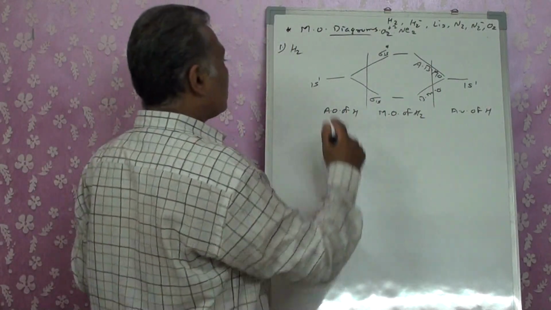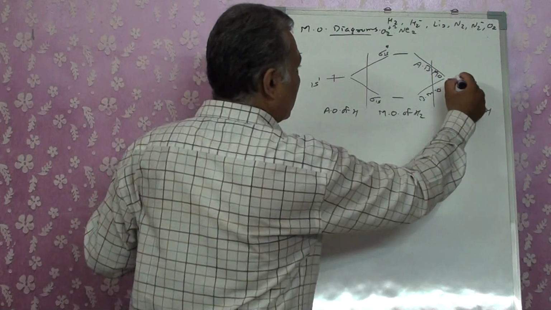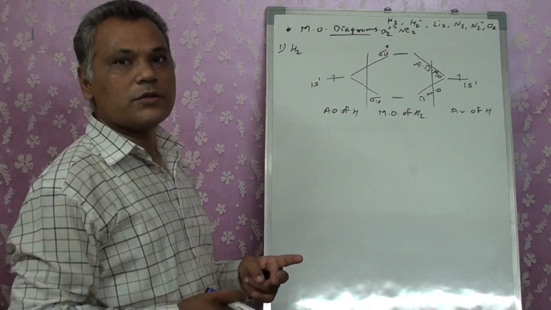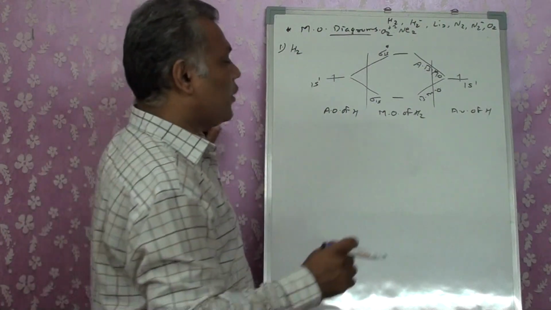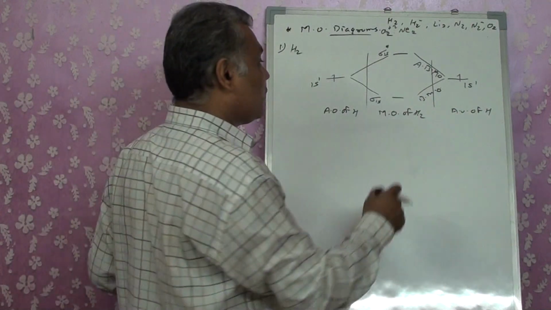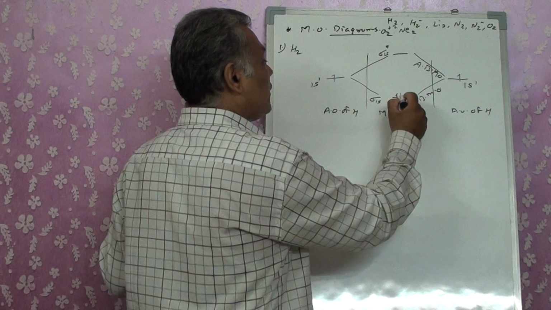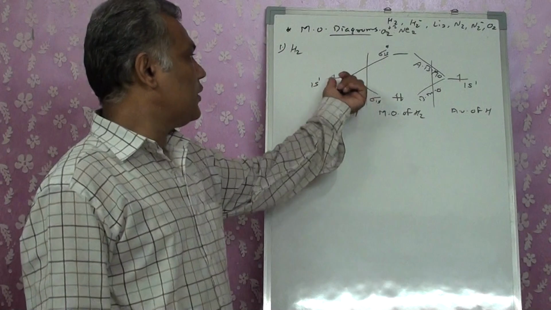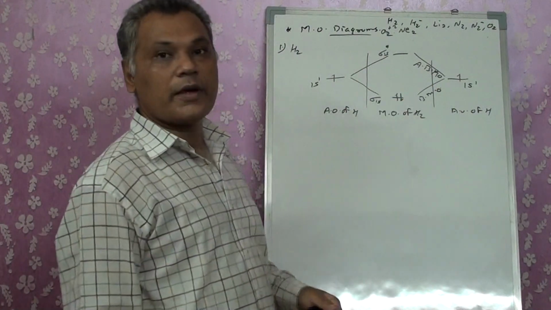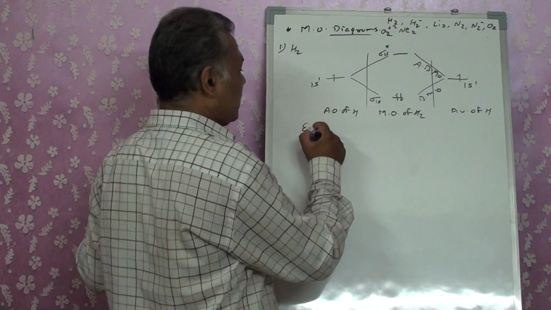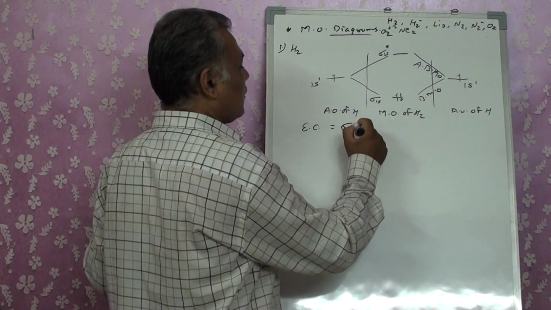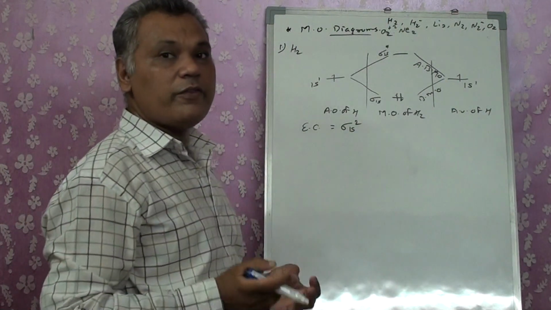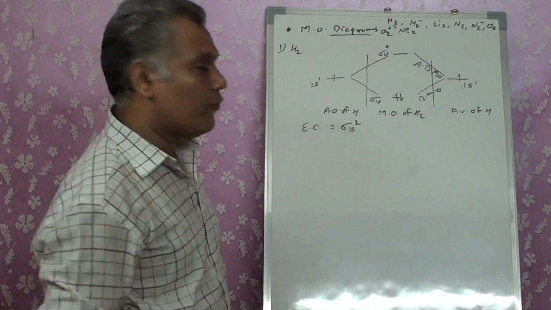Okay, now hydrogen has only one electron. The other hydrogen also has one electron. So in total we have 2 electrons because of 2 hydrogen atoms. According to the Aufbau principle, electrons first of all enter the lowermost energy level. According to Pauli's principle, it can hold 2 electrons. So both these electrons go in the molecular orbital over here. So as an electronic configuration, we will get sigma 1s2. Sigma star is empty. We have only 2 electrons and both are filled over here.